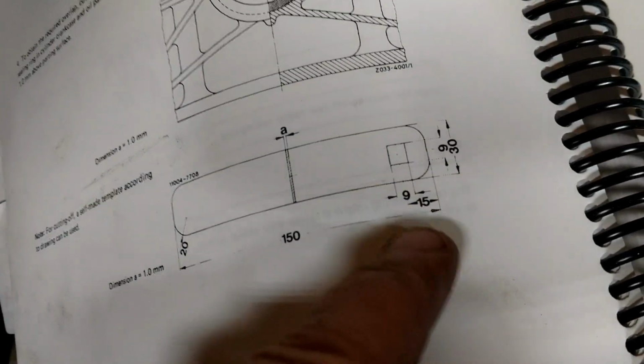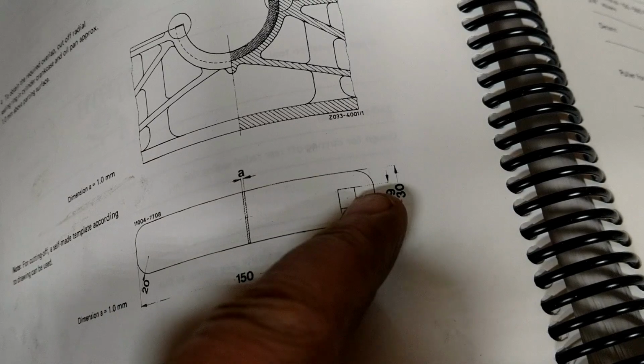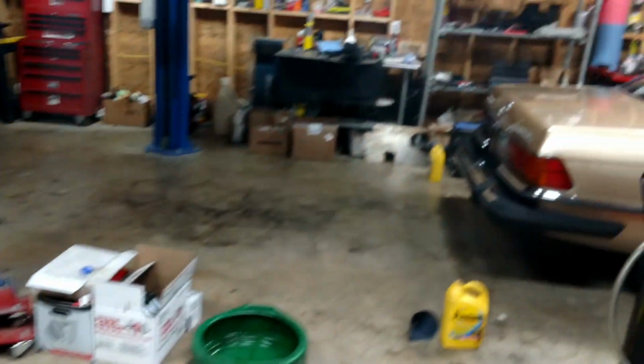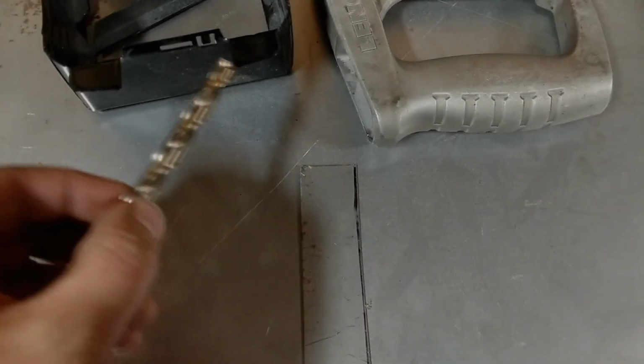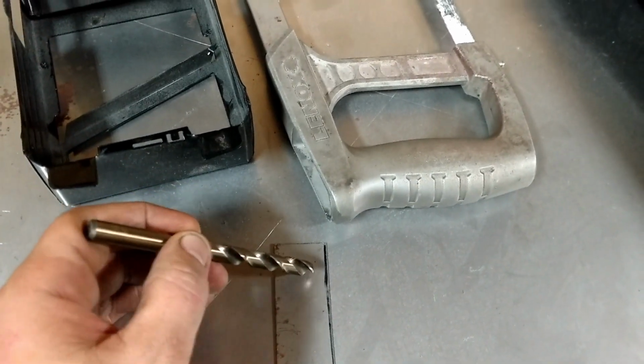And they say that, probably should have this book over there. Let's see, they say that the square center line should be 15 millimeters from the end of the tool. So I'm just going to make that, and we're going to see how that works. So I just need to drill a hole somewhere right in here, and they say 9 millimeter by 9 millimeter